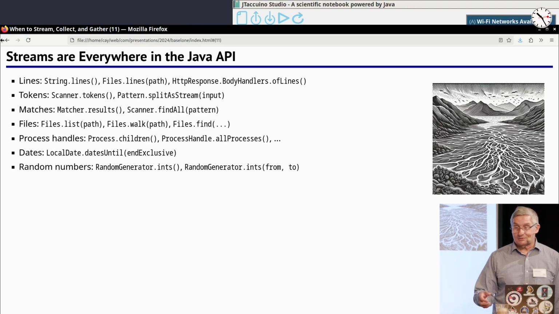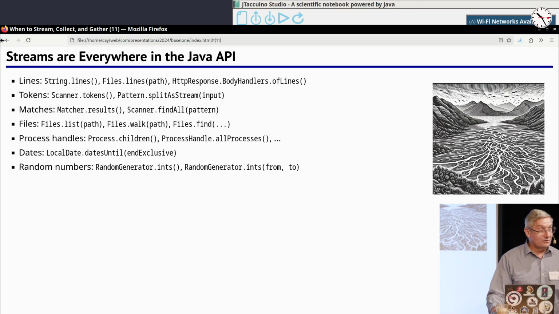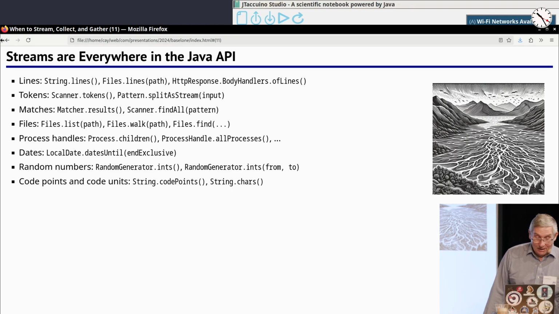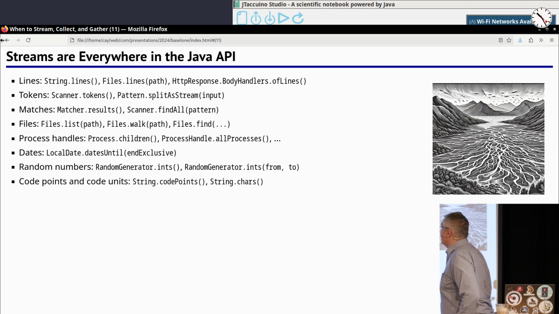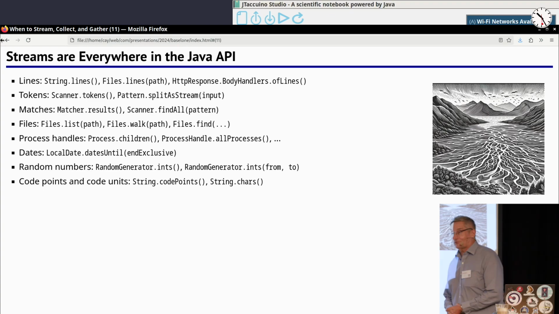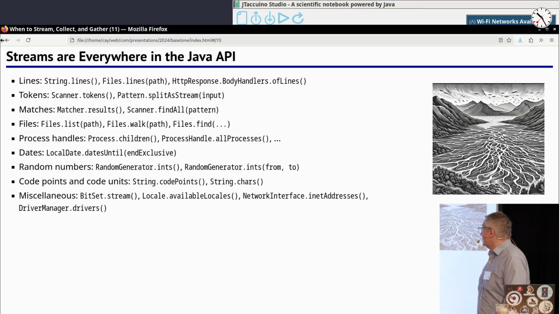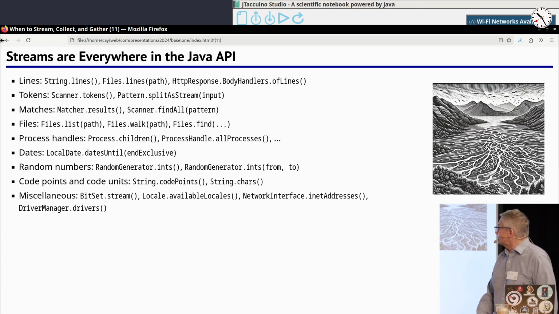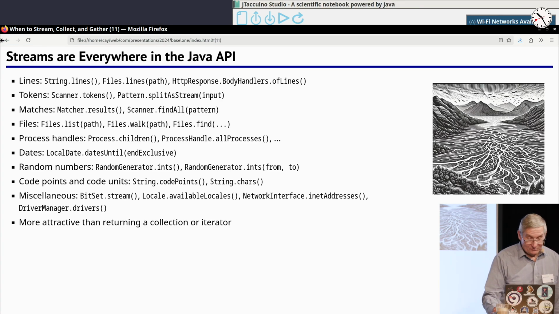Of course, you could just get a random number generator and get one random number at a time, but now there's a stream. If you have a string and you want to know what are the code points, or if you live in the last century, what are the character codes in it, you get the result as a stream, which sounds actually kind of strange. And there's a few others that I just dug out where you get stream results.